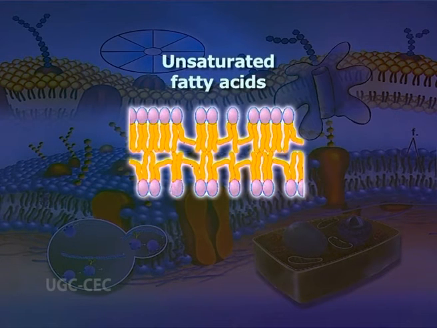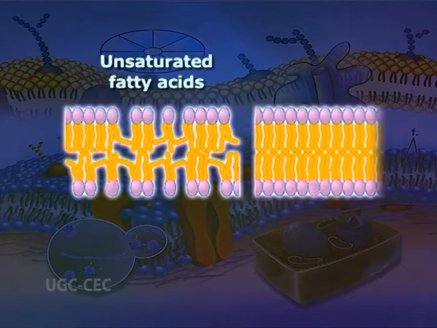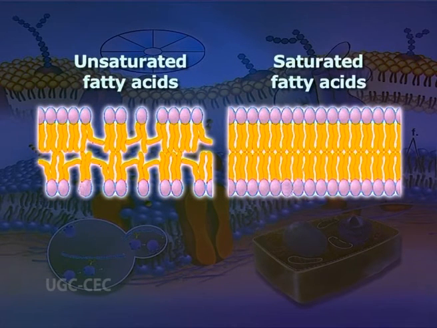The effect of unsaturation on membrane fluidity is so dramatic because the kinks that double bonds introduce into fatty acids prevent the hydrocarbon chains from fitting together snugly. Membrane lipids with saturated fatty acids pack together tightly, thereby optimizing their van der Waals interactions, whereas lipids with unsaturated